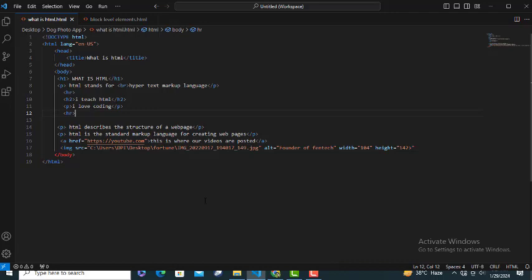So let's move to the HTML pre element. The HTML pre element defines preformatted text. The text inside a pre element is displayed in a fixed width font, usually Courier, and it preserves both spaces and line breaks. For example,